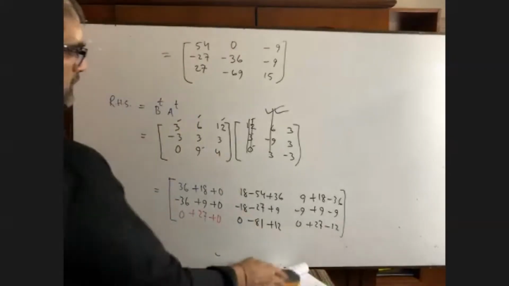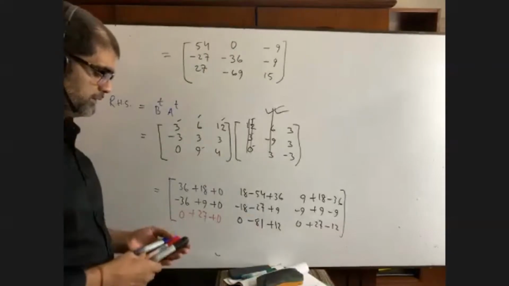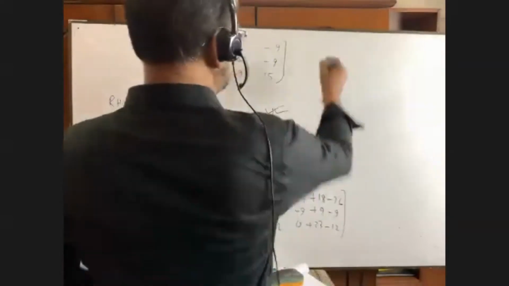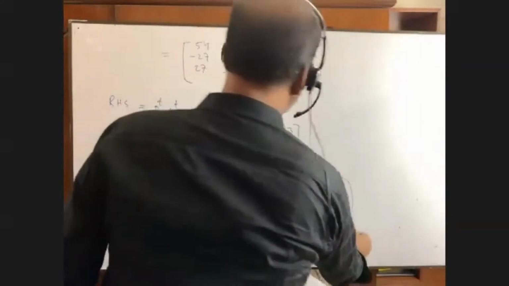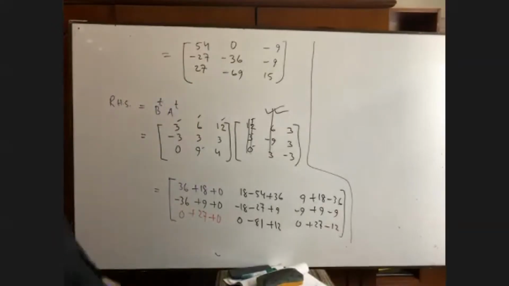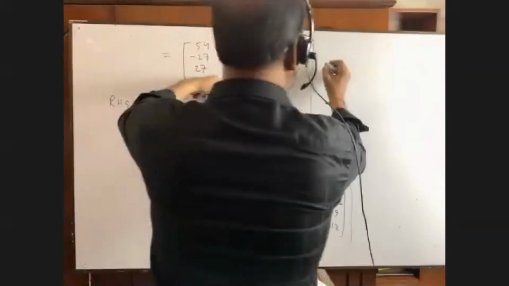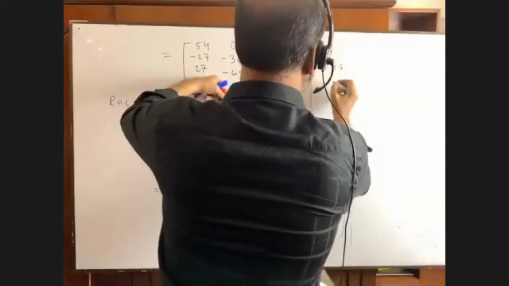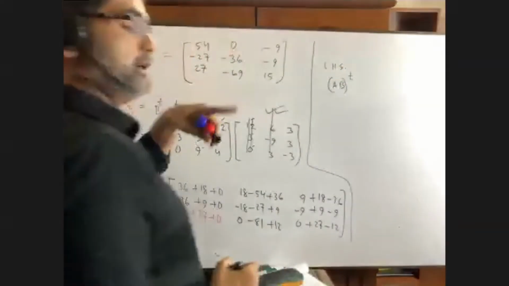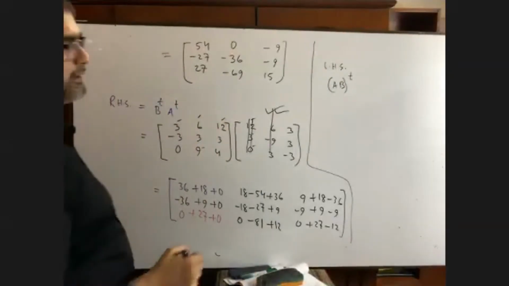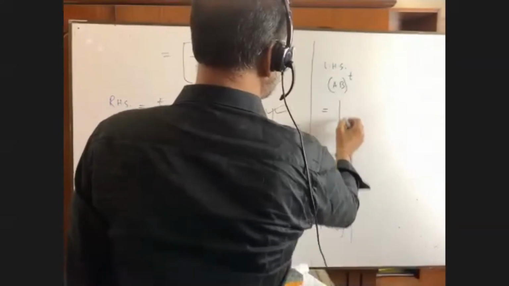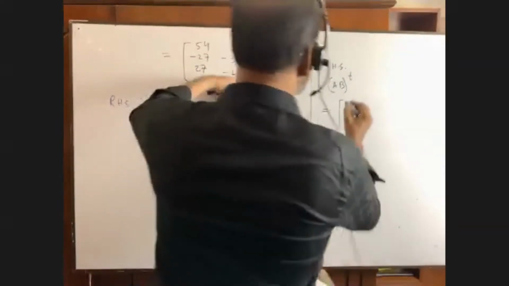No. Hello, everybody. Hello? Yes, sir. Is it okay? No, sir. You write down the left hand side. What was the left hand side? The left hand side was AB whole to the power T, right? We did not have any functioning on T. Can you remember, please? So what was AB? Your AB was